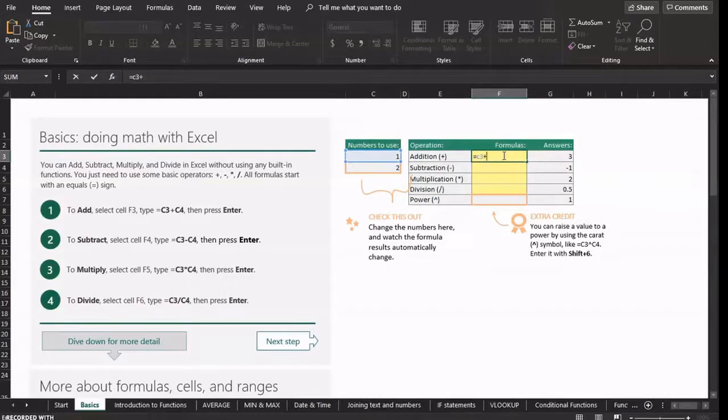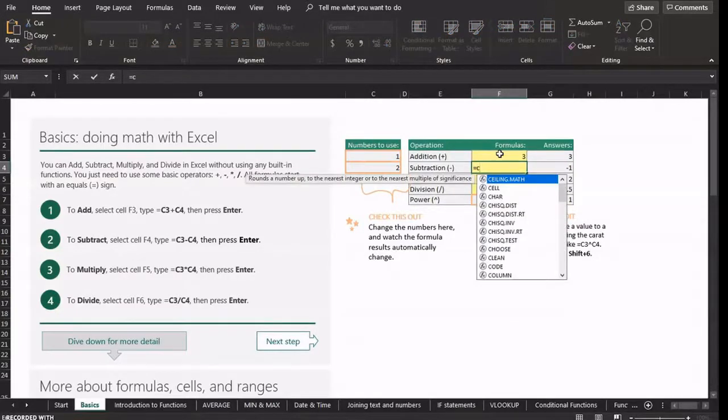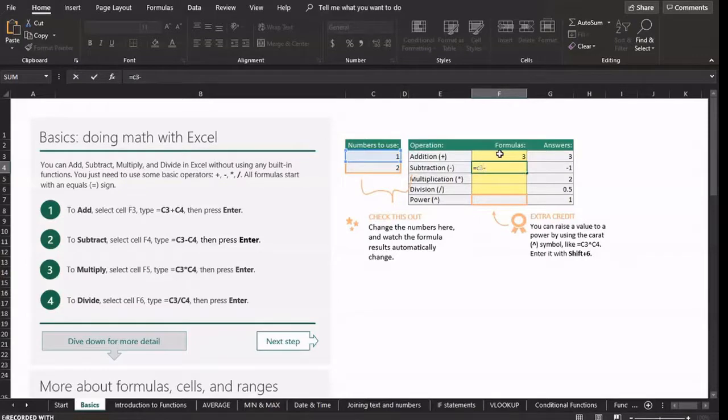And I can type it, or once I write in the operator right here, I can just click on it as well. And I press enter, and that's the magic of Excel. It's automatically going to calculate that value. So let's do the next one. Let's do equals C3 take away C4. You can see it's going to compute that, and I'm going to use the autofill